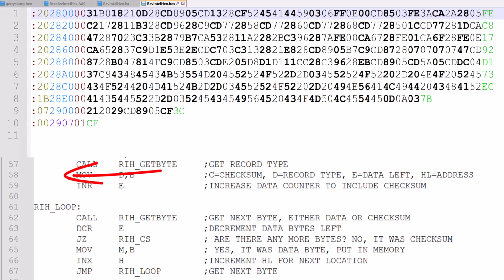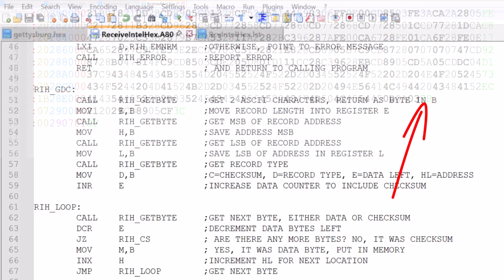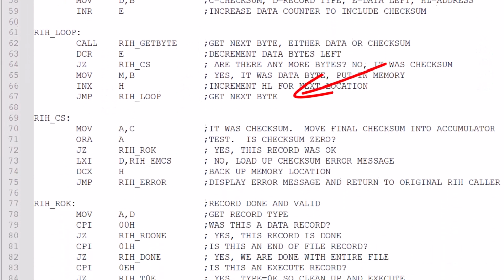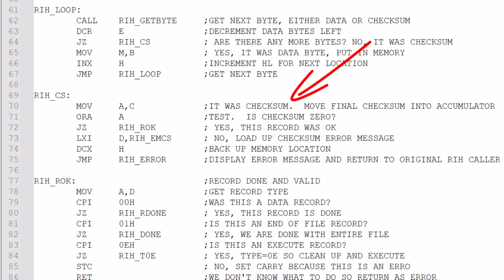When we get to the end of this segment, all of the data bytes and the checksum have been received. The data bytes have all been stored. Checksum is still in its register. Now, before we move on to the next segment, the program does a little bit of cleanup and it updates